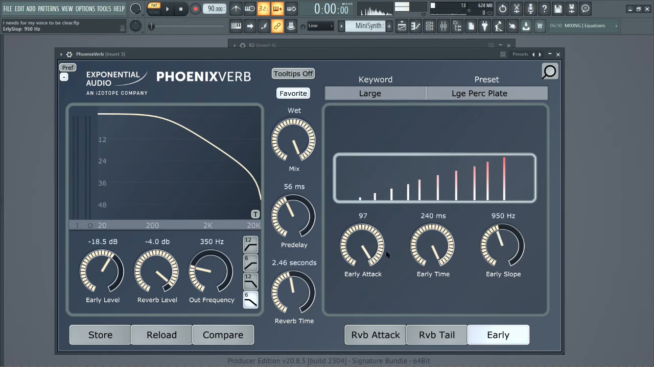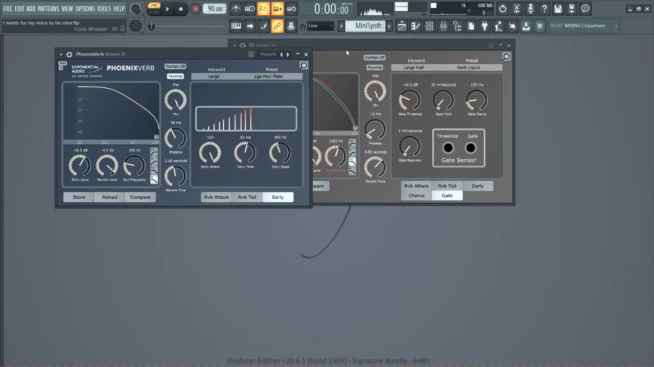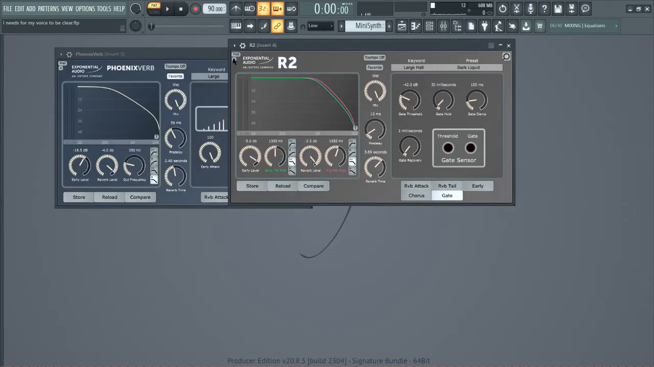But it's pretty cool because ordinarily, like in nature, the sound will strike, say, a wall, and then it will go down. The loudest one will be here, the loudest reverberation. But you can change it so it actually increases. And this is just how long that early time lasts for. And that completes Phoenixverb. So let's move to R2, which essentially